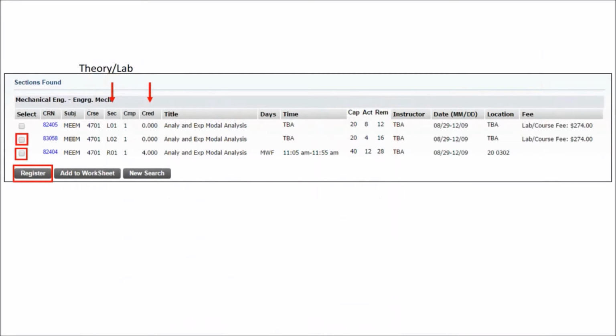You would see a list of sections for this course. Look carefully. The column CRN gives you a hyperlink to the short description of the course and prerequisites. The section column gives you the information whether the CRN is a theory course or a lab course. For some courses, you may have to register for both theory and lab. Different CRNs would have different timings, and that gives you a freedom to avoid conflict with other courses.